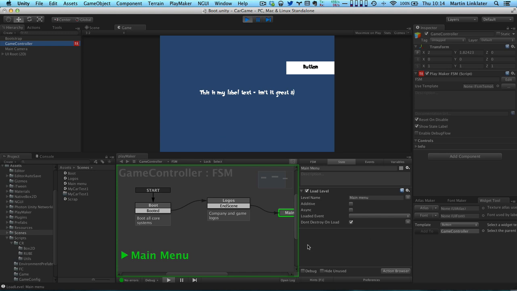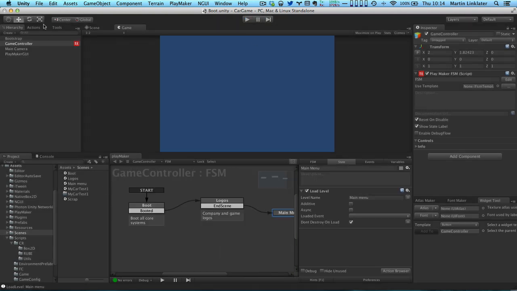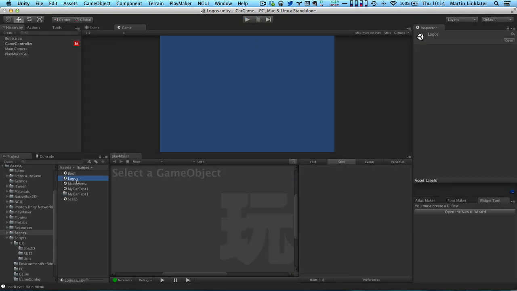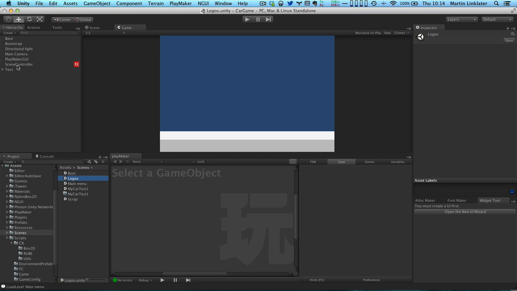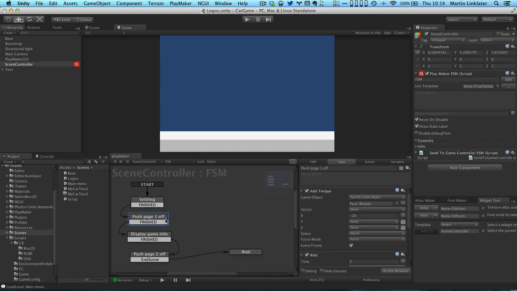You can extend this state machine, PlayMaker, with custom events and custom actions, although there's a shed load of them already in there. If I look at this logos thing, if I select that, so basically, if I select this, push page 1 off, this is pushing those first line of blocks to come off. So while this state is active,